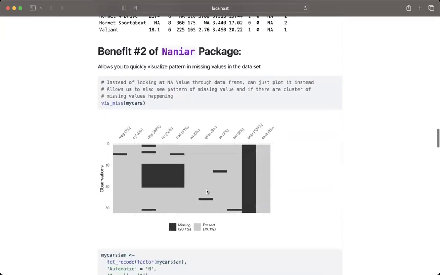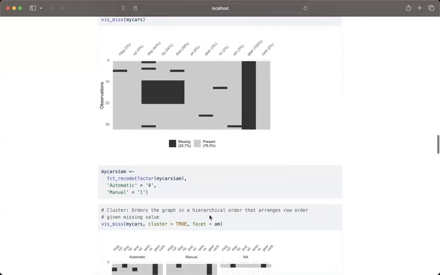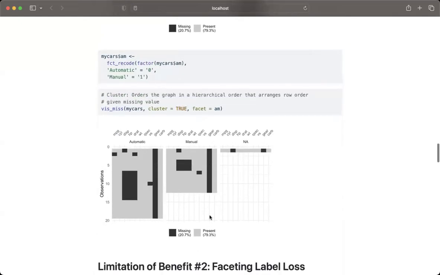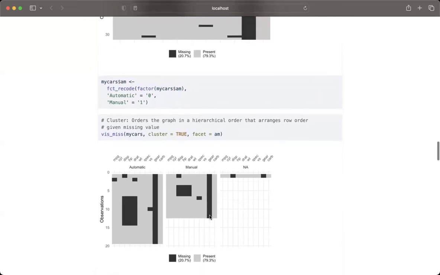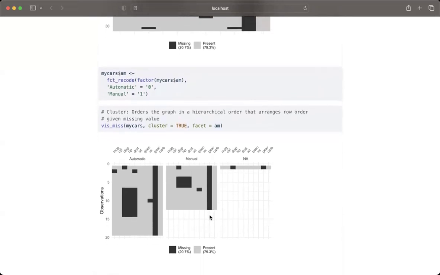The next thing I like about Naniar is that it can help us see patterns in missing data by using the vis_miss function, which will generate a heat map on its own rather than you creating one yourself. Additionally, you can order the cluster in a hierarchy order to help better see the patterns, and can still perform faceting as well. However, the small downside when performing faceting is that you will lose the percentage missing in each